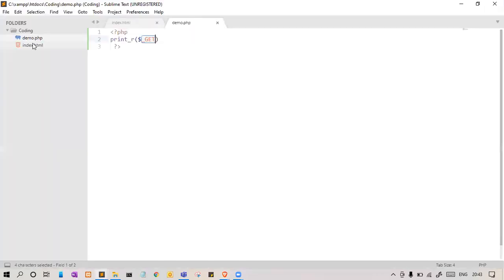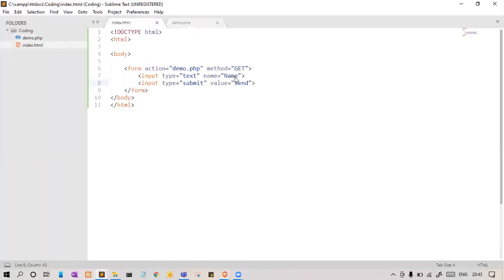So we are on the demo.php page. Previously it was blank, showing nothing, but now we are using the function. It is in the key value format. Here name is the key and Akash is the value. And why is name the key? Because we have given it here. So now we have an idea: we need to follow this pattern of the URL. Let me copy that.